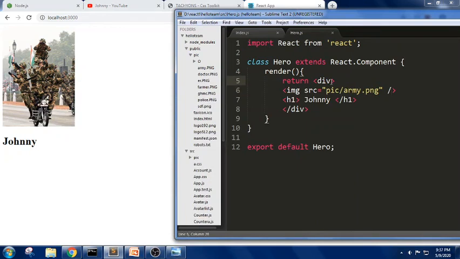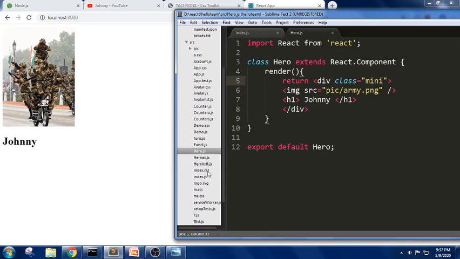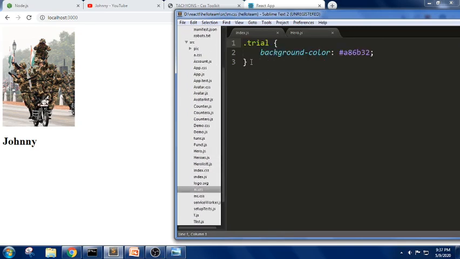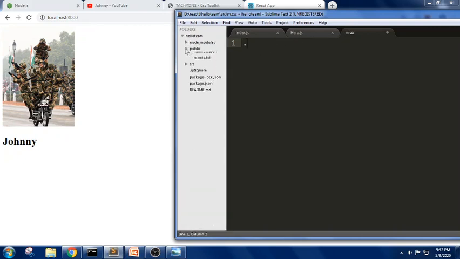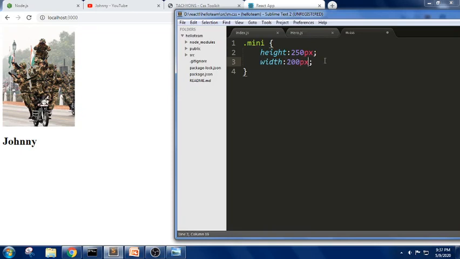We can use some class name. So I'm trying to write some class name as mini here. And let me use the same file we have written in the previous session, like m.css, and let me write here what is the class name we have now. Don't get confused by looking at this folder. In this we have mini. For this mini I'm trying to write some properties like height 250, width 200 pixel,